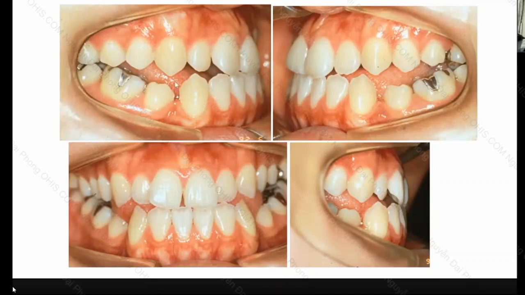But she said that once her bite was corrected, there was no lateral open bite. But after she finished treatment, 1 to 2 years later, slowly